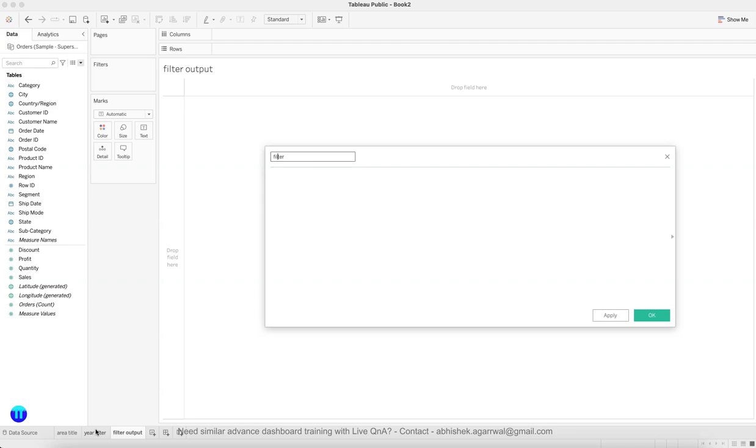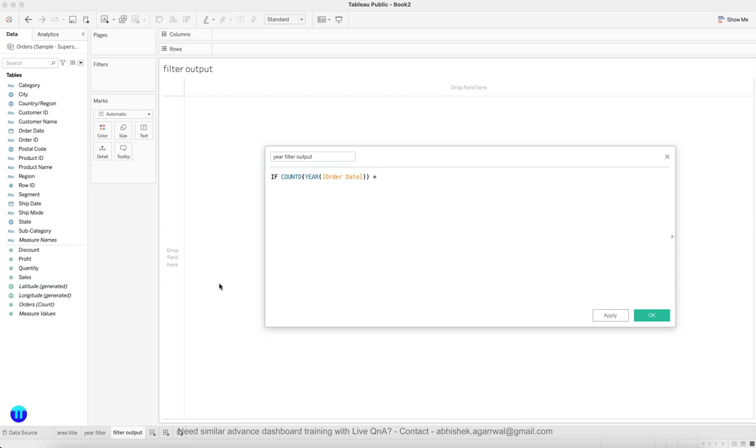So we will say year filter output, right, the relevant name, and we are saying if year of order date. First of all, we need to pick this order date, right? And the way you can do it within Tableau is when you click on this, it gives you the option of output as count, that this is 1, or if you have made 2 selections, then 2. So the way we are doing this is we are saying count D year order date,